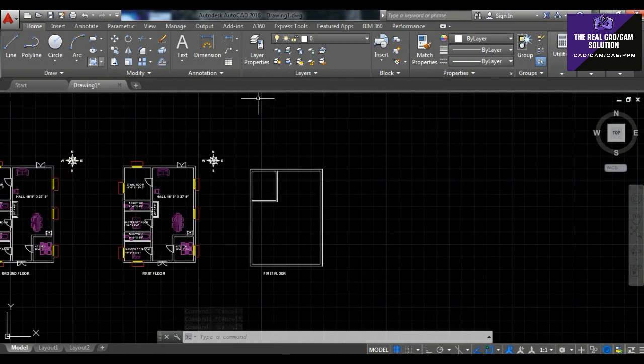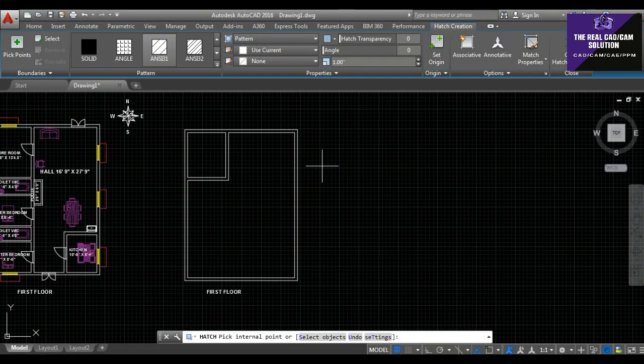Okay, then I go to hatch settings, hatch enter, go to hatch, click, and go to my roof tile inside the roof area. Give the hatch command. It's hatch enter. Choose what you want to hatch, like a tile or anything. Okay.